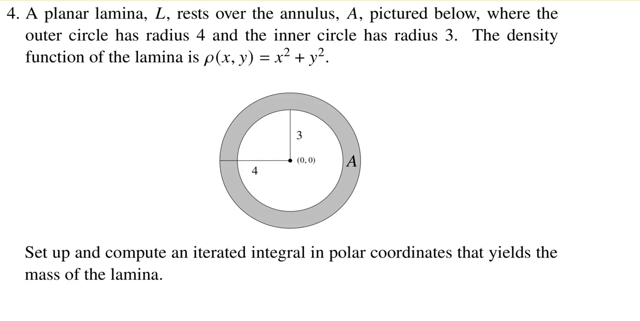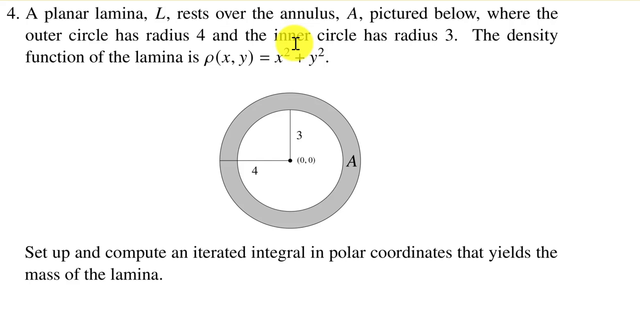In problem 4, we're told we have a planar lamina, and it's going to rest over this annulus A. Okay, so it's this gray ring here. We know that the ring has an inner radius of 3 and the outer radius of 4. And the lamina has a non-constant density function given by x squared plus y squared. And the goal is to set up an iterated integral in polar coordinates that will give us the mass of